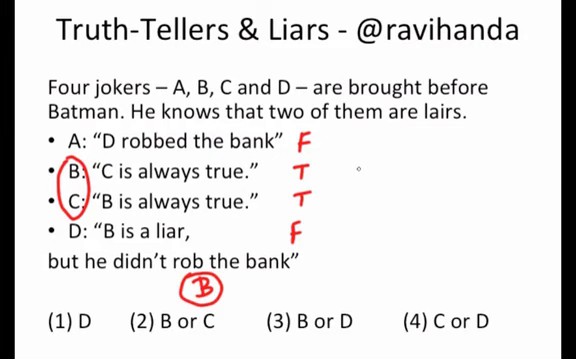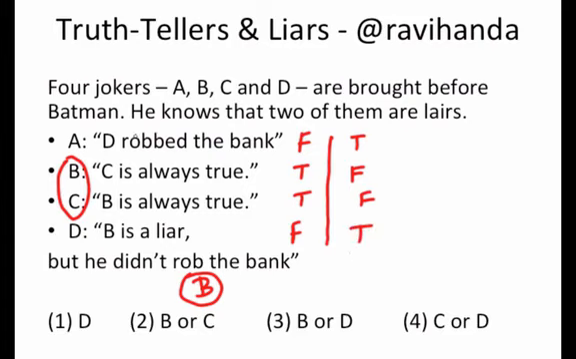What if it was the other way around? Let's say B was lying. Let's start with this assumption. If B is lying, then C is always true becomes false and C is also lying. So if both of these are lying, then A is true